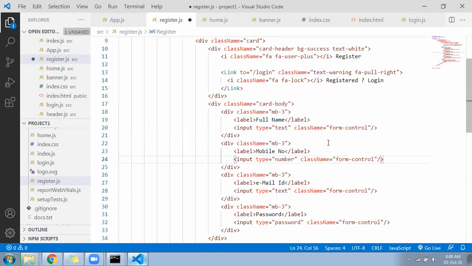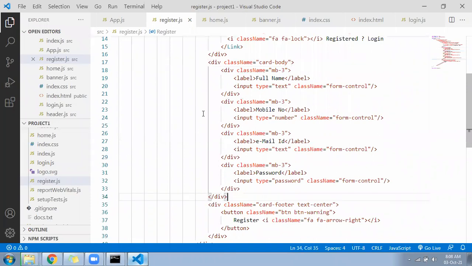Okay. This is the card body. Below is the card body. Save this.